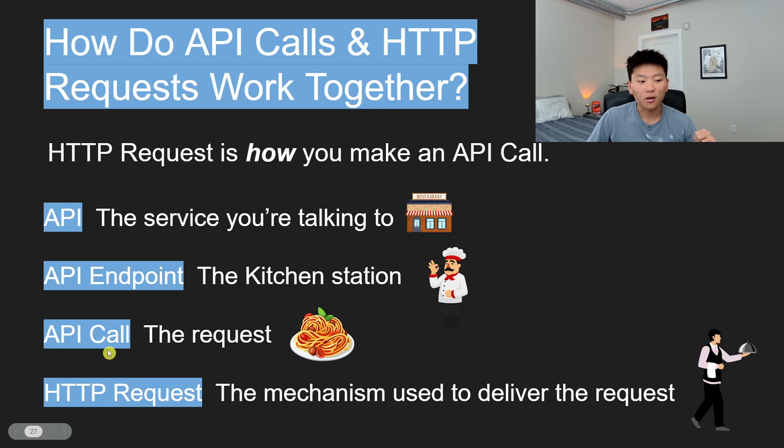Then we have the API call. An API call is like placing the order. It's the actual request. So in this case, we wanted spaghetti. That's how we know to get it to the right spot. You'd order the specific meal, and that's just making the request for data or for a specific service